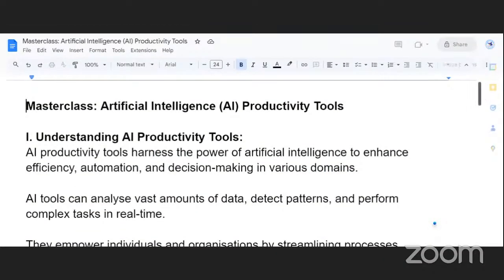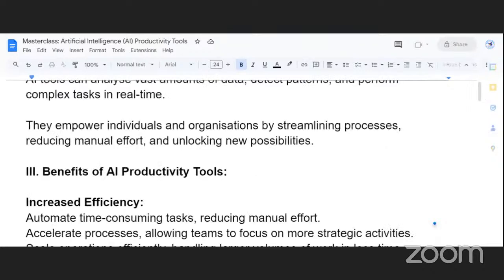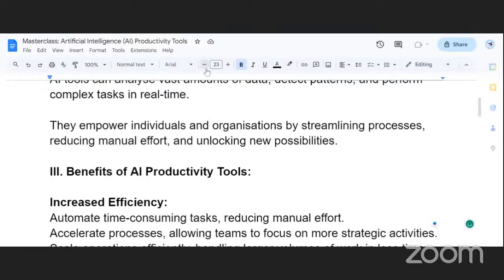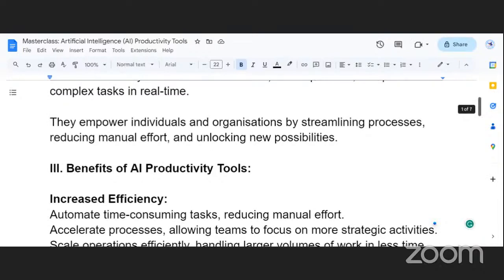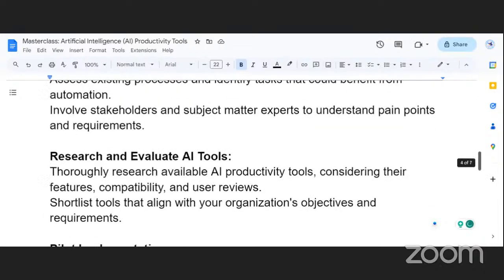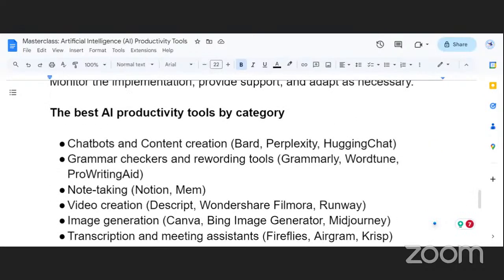This is our slide, the starting point of a slide. Let me just scroll down. Okay, our next one was Hugging Chat. Again, let us go to Google.